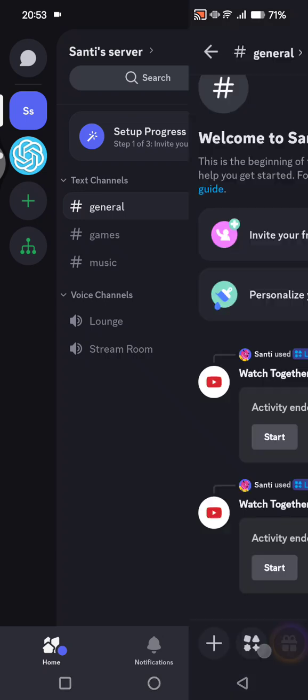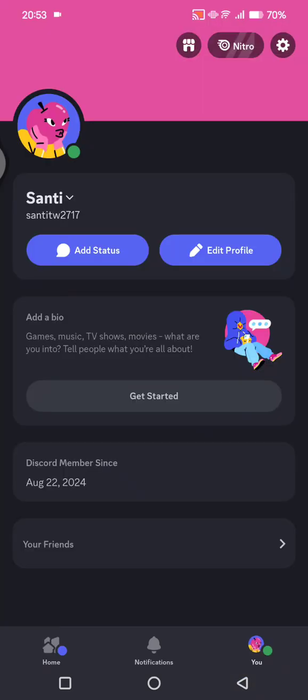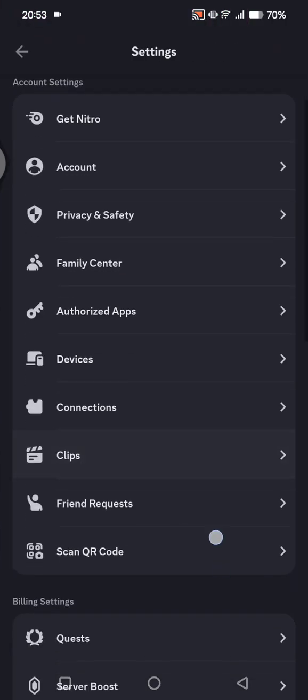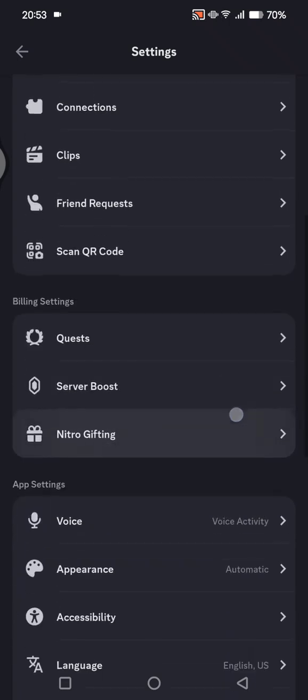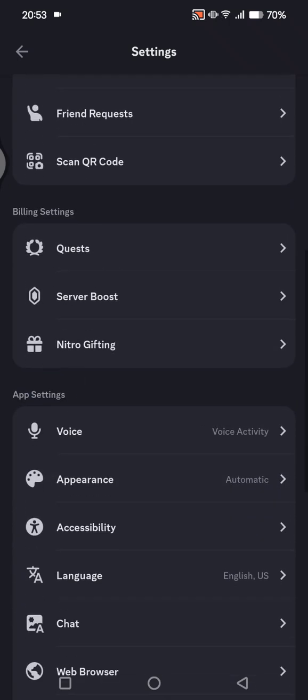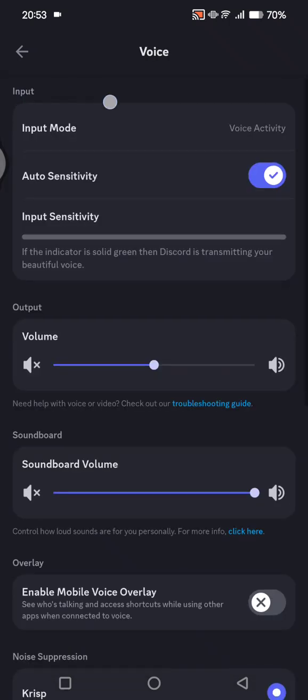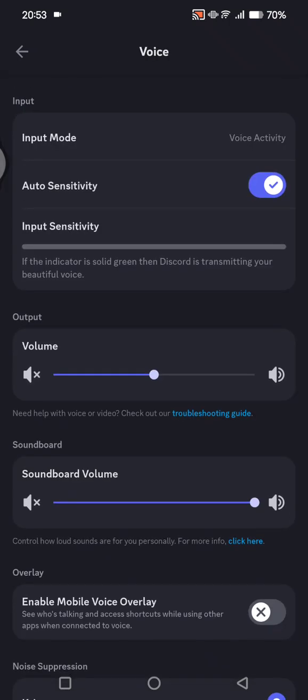Then first you can go to your profile and then head to the settings by clicking on this gear icon at the top and scroll down until you find the app settings. In here, tap on the voice options, and then here under the input mode, you can just change the input into voice mode,